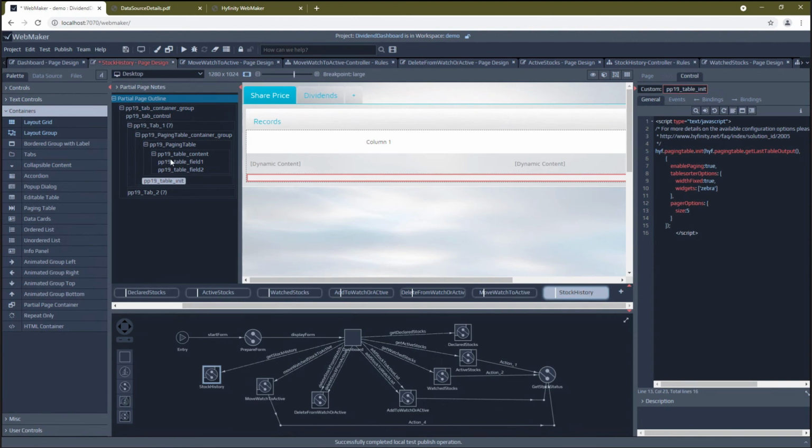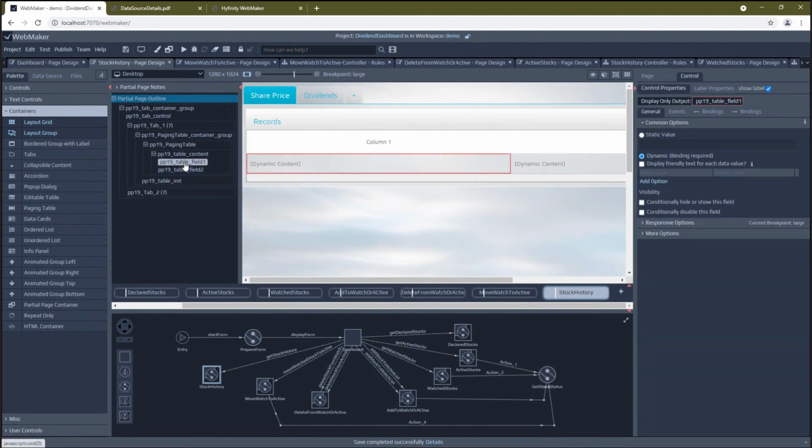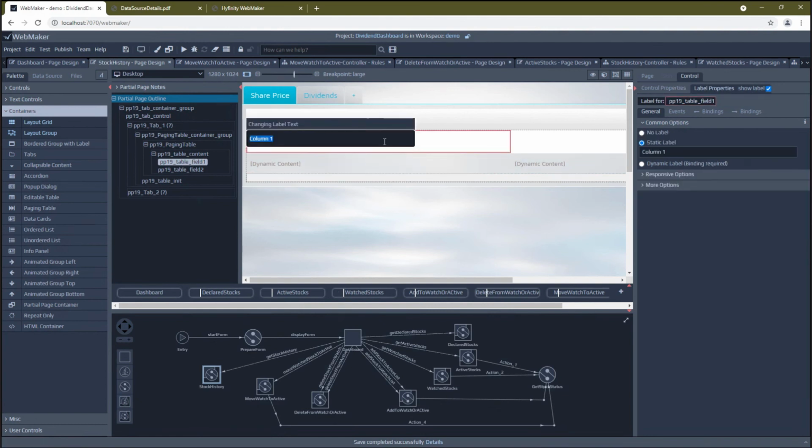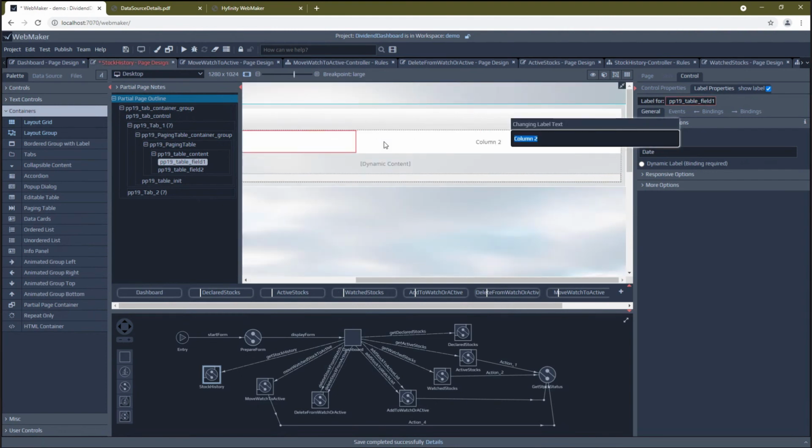So in terms of adding the fields to the table, we know what we want to show, because for each of these entries, we've got a date and we've got an amount. So we can put those